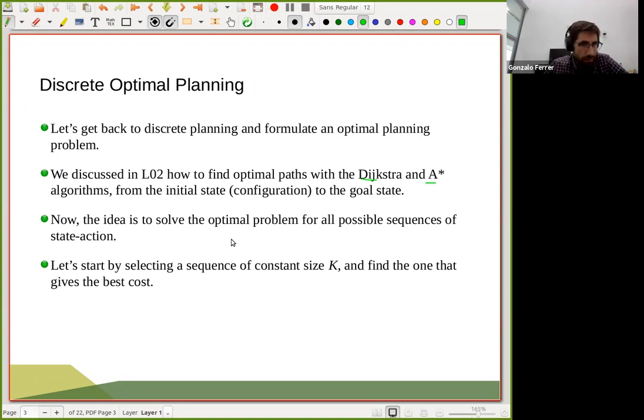So for explaining this idea, we will start with something that, okay, we'll see probably is not so reasonable, but it is useful just to analyze the problem. We are going to analyze the set of constant size trajectories. That means all trajectories with, I don't know, length 1 or length 2 or length k. And with this, we will be analyzing which gives the best cost.